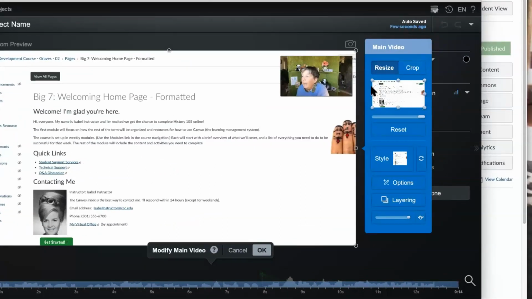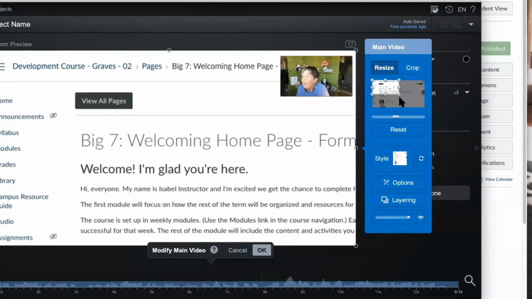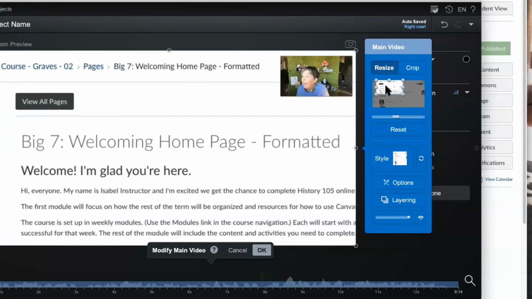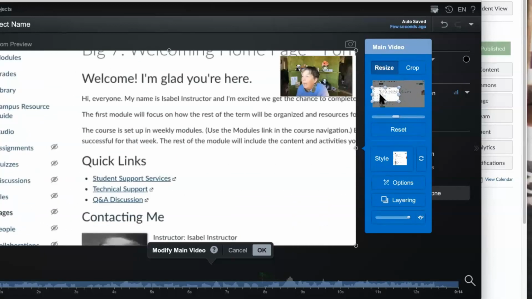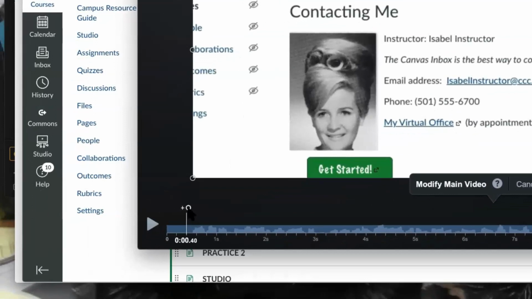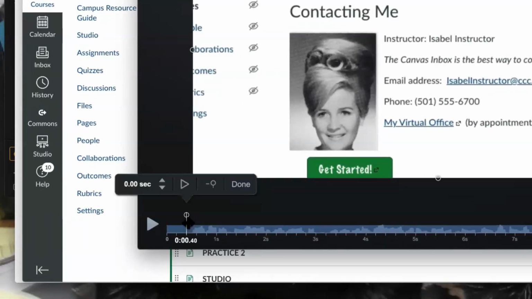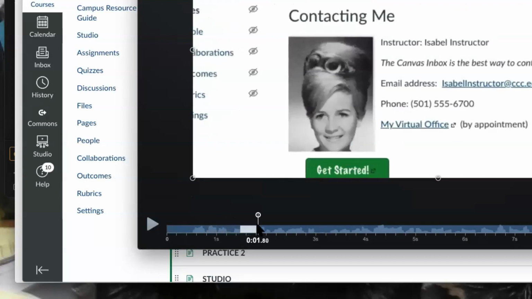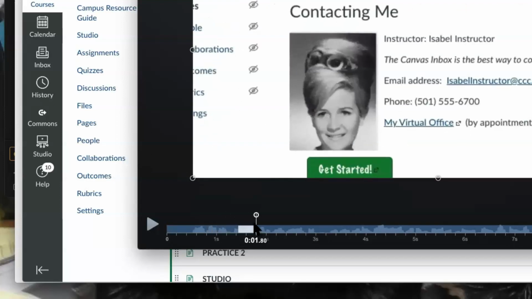It's showing me what the size of the viewing area is, and I can zoom in and then move things. So let's say I want to show them the Get Started button. I can zoom in. A little trick is it shows me where the zoom's going to start. I can click the dot. For some reason, it's saying 0, so I'm going to make it longer. And then I can move it by grabbing the handle. I can move it to the zoom to start here.